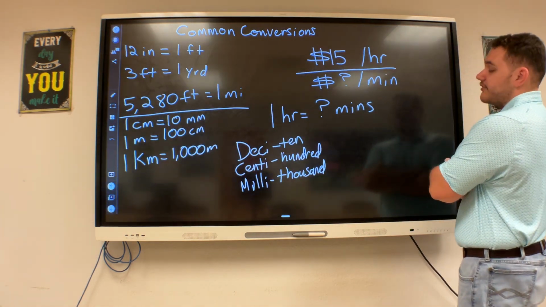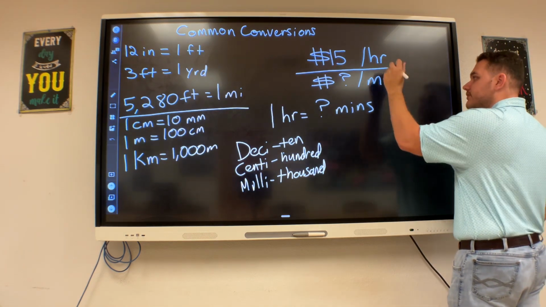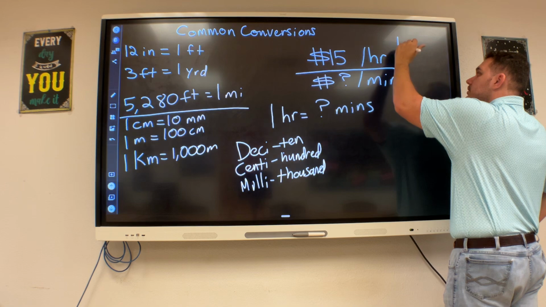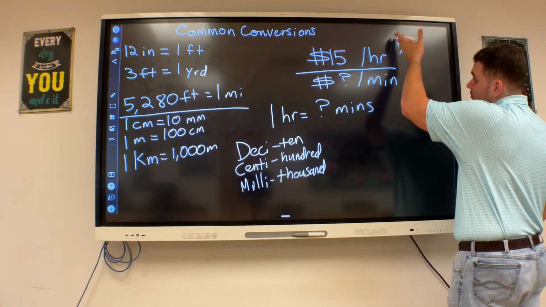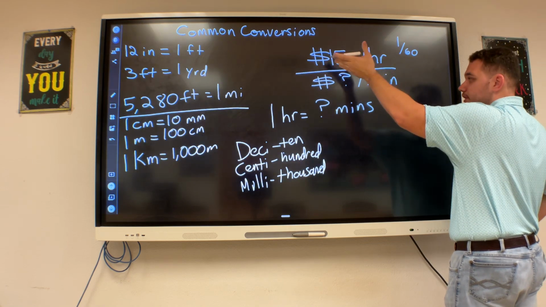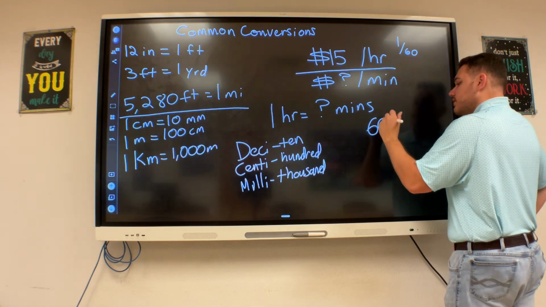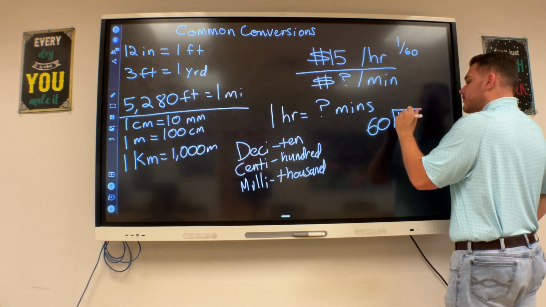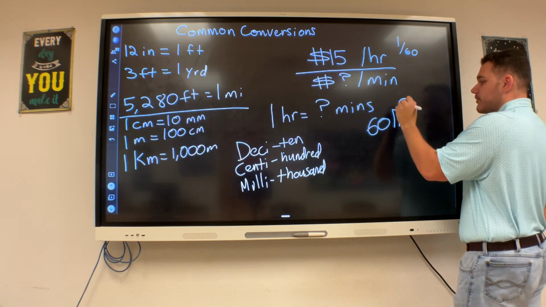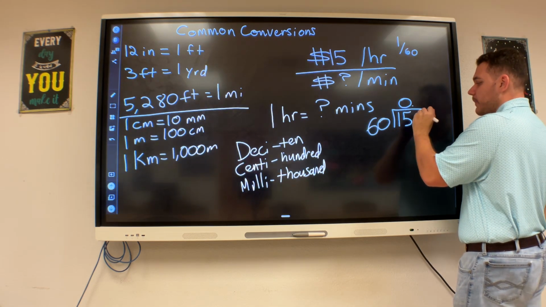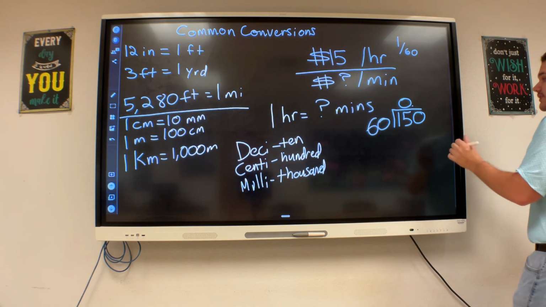And you probably all know this, there are 60 minutes in 1 hour. So that's what we would do. We broke our 1 hour into 60 minutes. So now we're going to break our $15 into 60 portions and see. So we have 60 going into 15. Now 60 will not go into 15, but you remember from earlier, we can put our decimal and add a 0 right here. Now 60 will go into 150 twice,